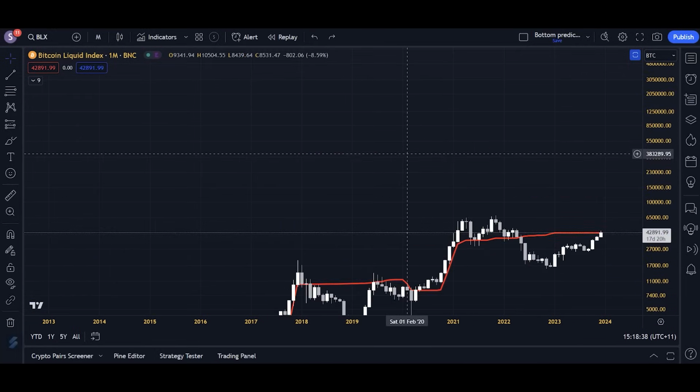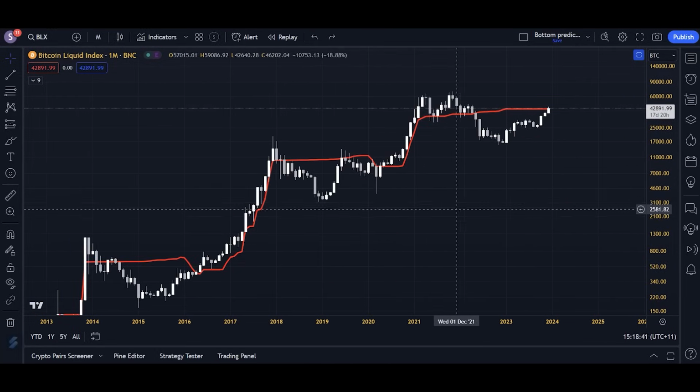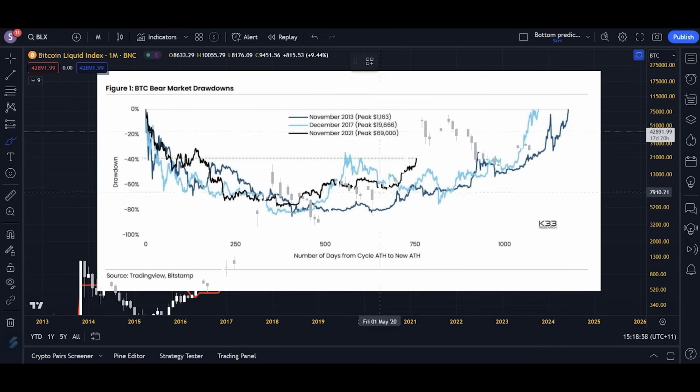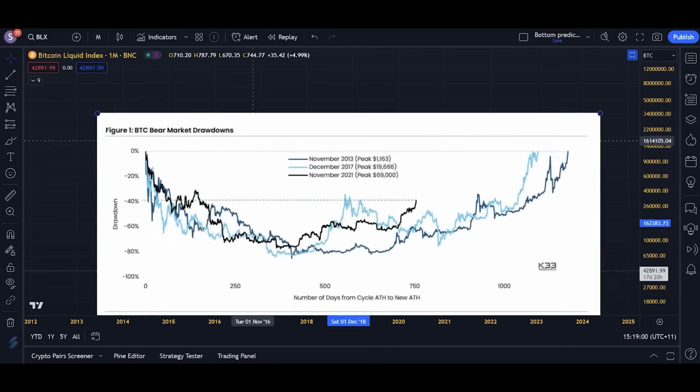Let's bring it back up. Let's see if I can bring it back up here. Actually, I'll have to get it in one second. So as you can see, as I pointed out just then, we were overexposed, over-exaggerated to the upside, I should